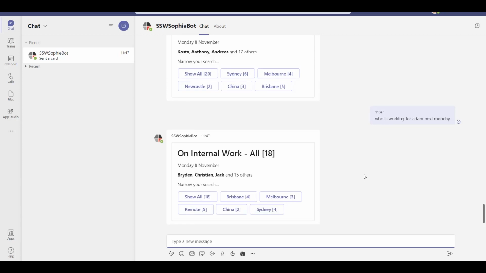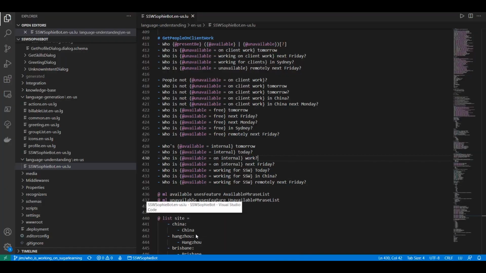Although it seems simple, it is not the best way to do LUIS application development, because we are maintaining our SophieBot project on GitHub. We can do, and we should do, most of our development in code. So if we go to the project source here, in the language understanding folder, we have a .lu file.